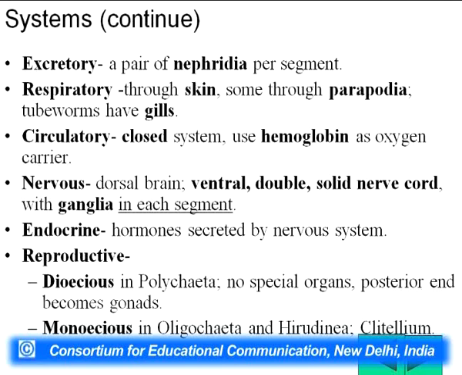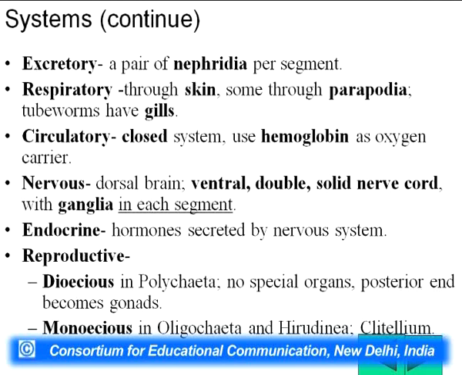Circulatory system, generally they have got a closed type of circulatory system. It means the blood is going to flow in well defined blood vessels. They have a well developed heart for pumping of the blood to various organs of the body. The blood is going to flow in the arteries and veins. Generally the respiratory pigment is the hemoglobin, the function of which is it carries the oxygen to the various parts